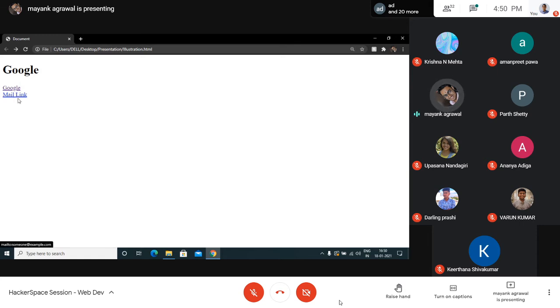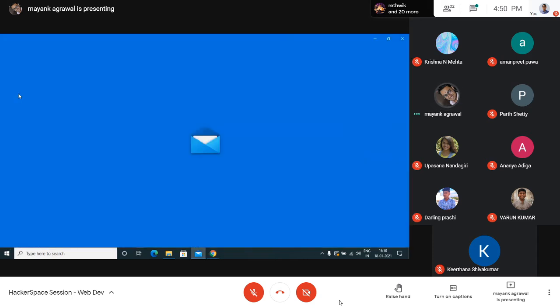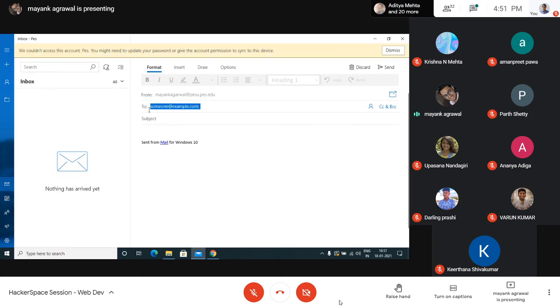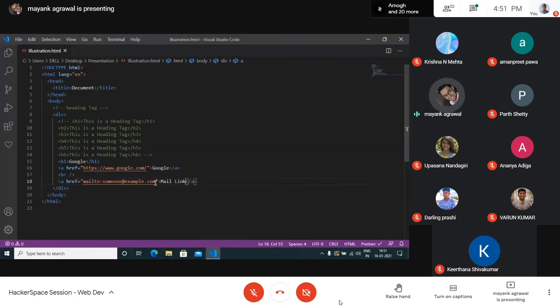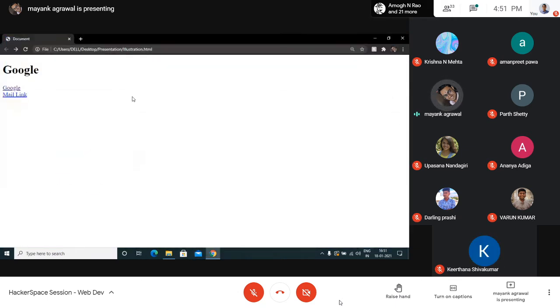So when I click on this mail link, you will notice that Microsoft has its own app. It redirects me to the mail app, and there's already the recipient mentioned, someone at example.com, the same that we mentioned over here. This kind of link is useful when you want the user to send you a mail, or say you are opening some kind of recruitment process.